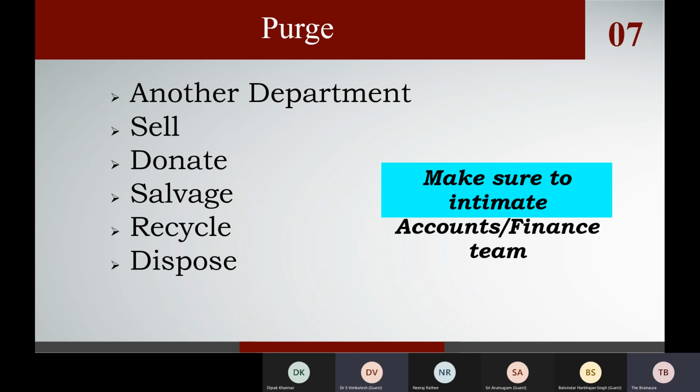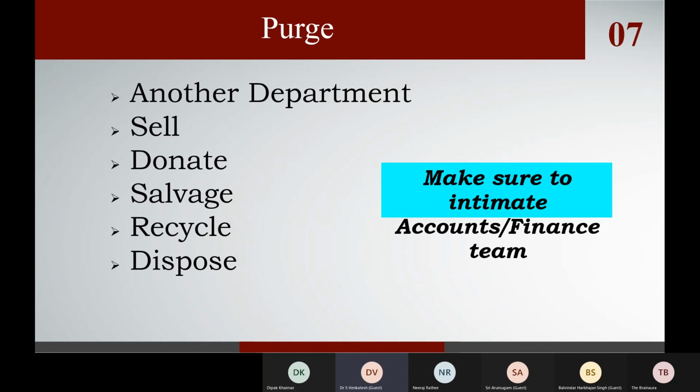So this is the purge step of sort. That's what we are discussing. This is a very important thing, and we have to consider a few important considerations. In the purge option, there are six things we can do, but this is not restricted. There could be other things you could do depending on your situation, but these are the most common six things we could do when we have decided to purge something.